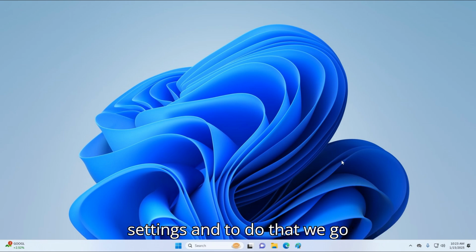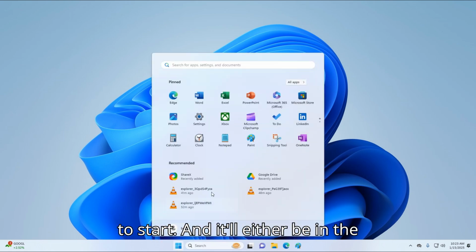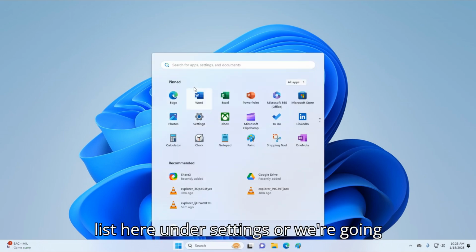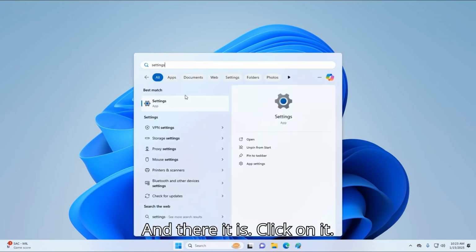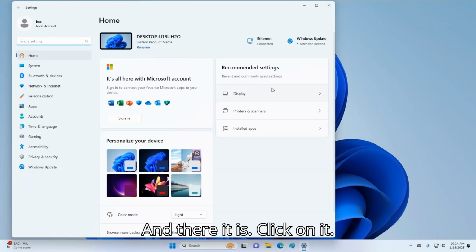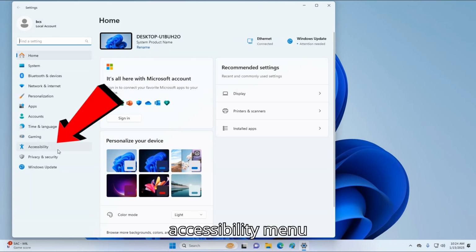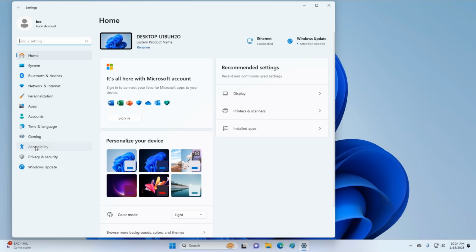First we're going to go to the settings, and to do that we go to Start, and it'll either be in the list here under settings, or we're going to type it in, settings, and there it is. We'll click on it, and in the settings menu we're going to go down to the accessibility menu on the left hand side of the screen,